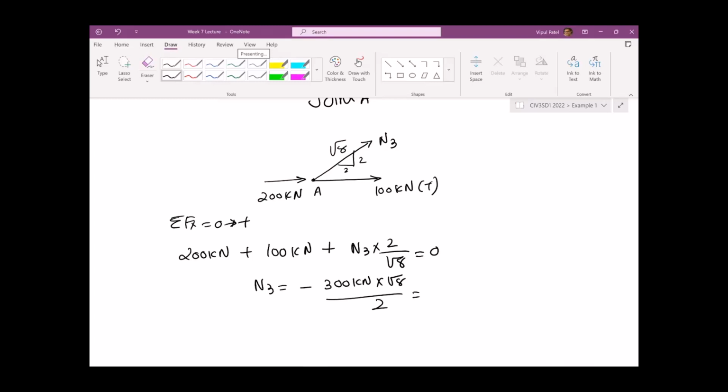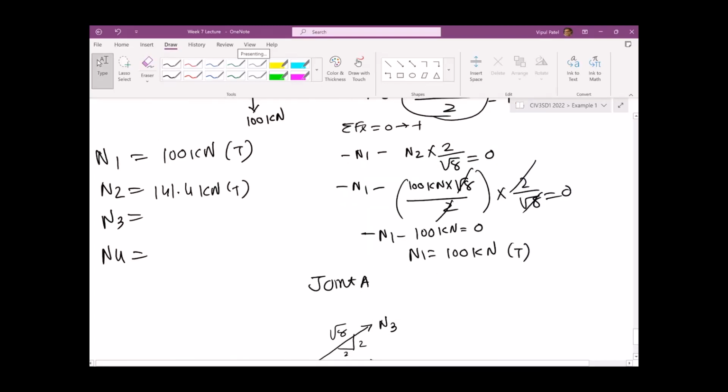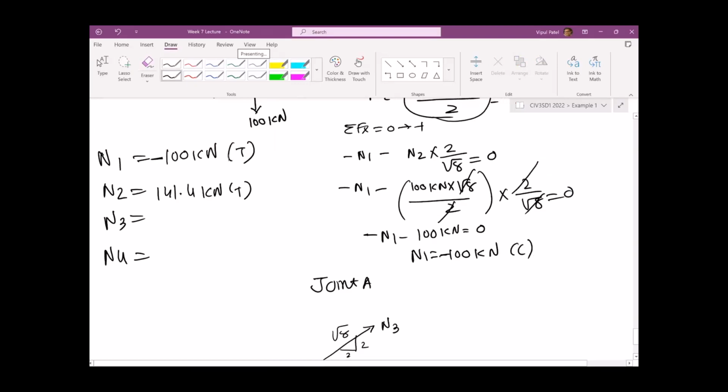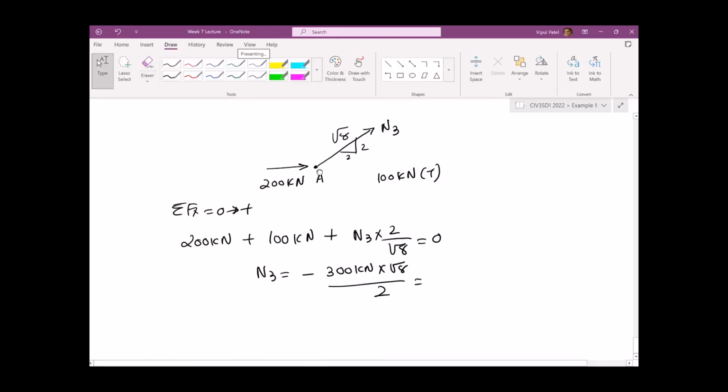It's not matching. What happened here? Oh, that would be minus. So N1 would be minus. Please take a note. So N1 would be minus, and that would be compression. So if I have it as compression, then this will go this way, and that is 100 kilonewtons. Then in that case this would be minus, and in that case